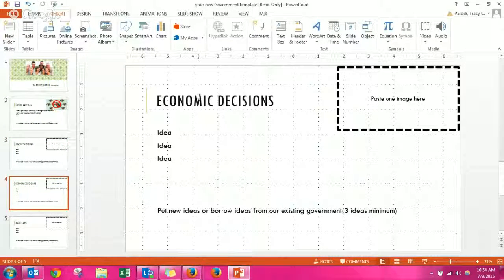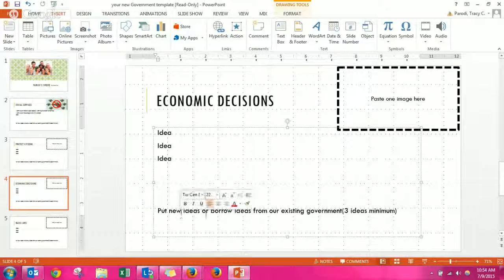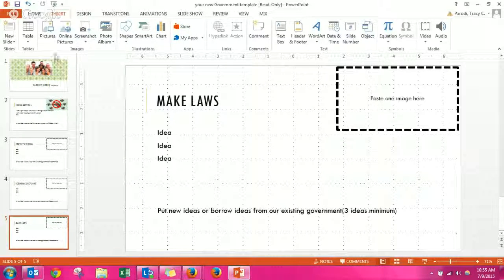3 economic decisions, remember, decisions with your money, put an image, and they don't have to be brand new ideas. They can be borrowed ideas from our existing government. And then 3 laws. When you're done, you're going to hit File,